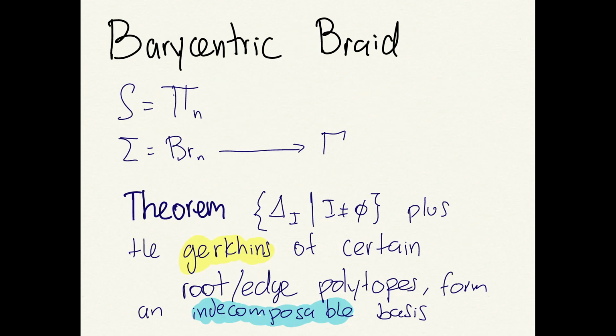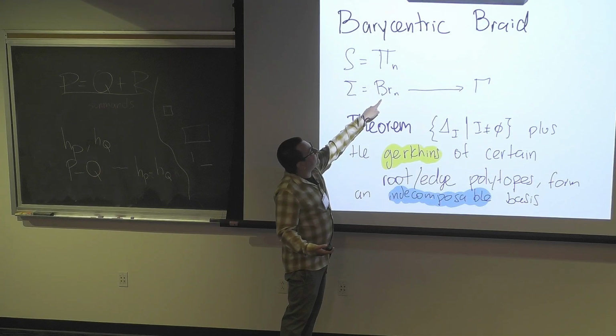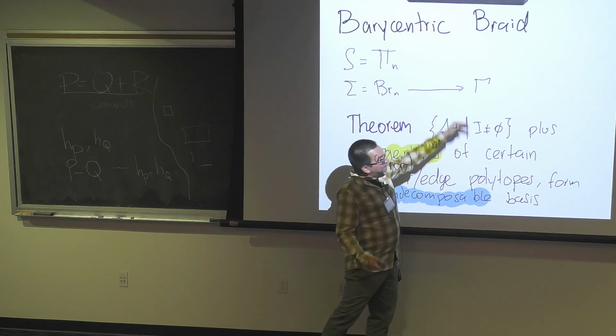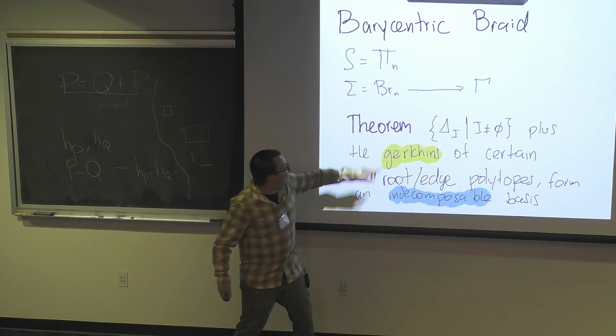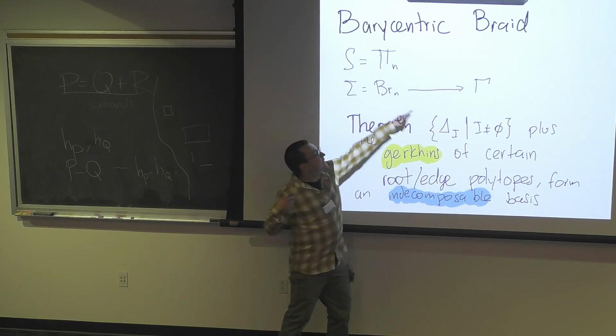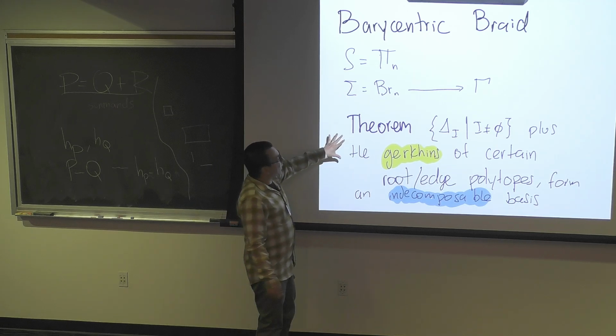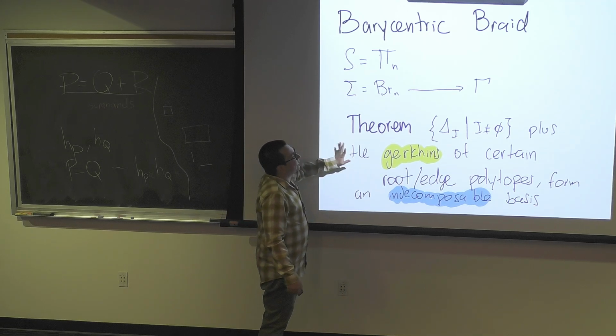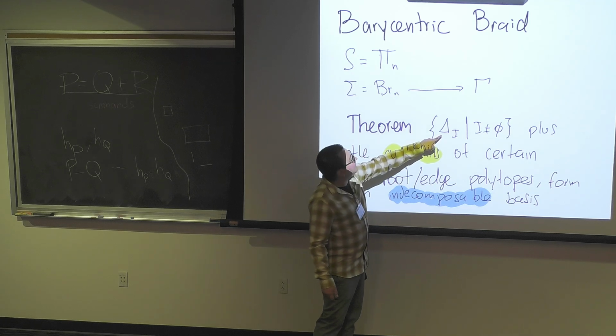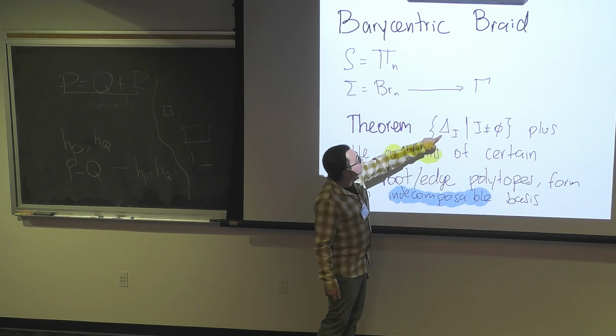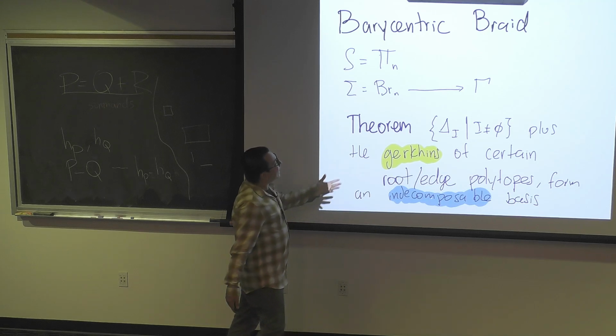And the other case that we can do is, now I take the barycentric braid. What do I mean? Now I take as a seed the permutohedron. So I start with the braid fan, and now I take the barycentric subdivision. Because this guy is the barycentric subdivision of something, this is a double barycentric subdivision, and in that case, we can do it. So we take a Minkowski basis, which is the original basis, the Postnikov basis, and we add,